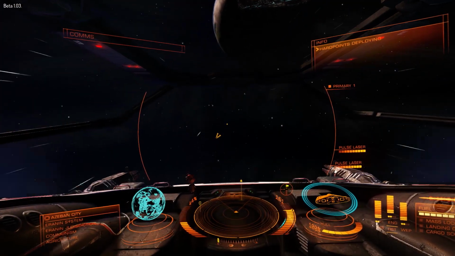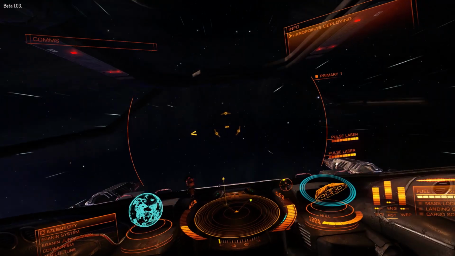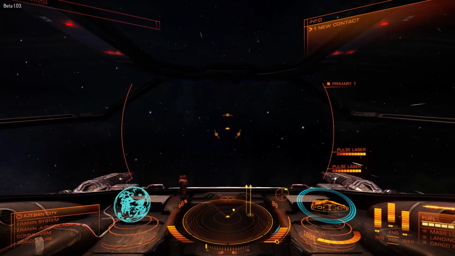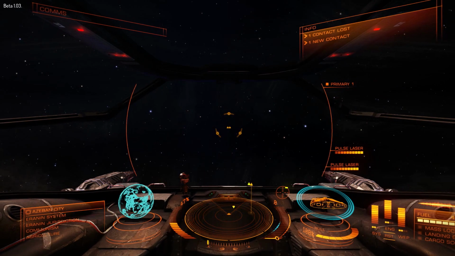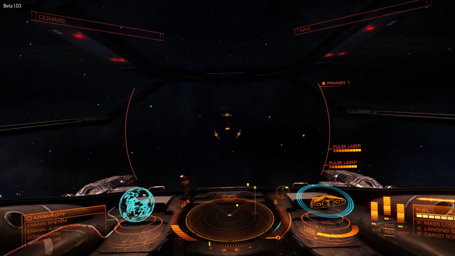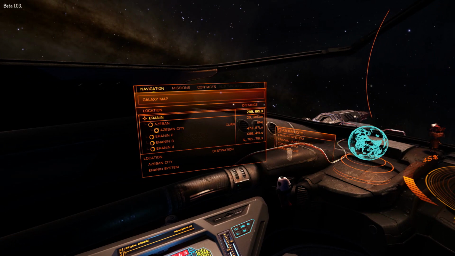Oh shit. Right click deploys weapons. I think we best undeploy those weapons before we... oh! What unlocked that? Ah, middle mouse button. Right, so I know that I need to...